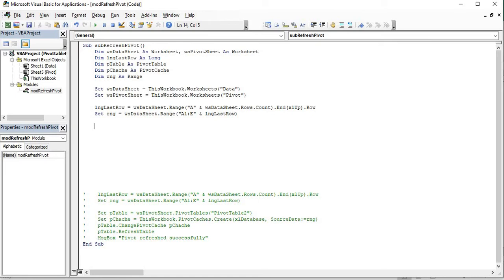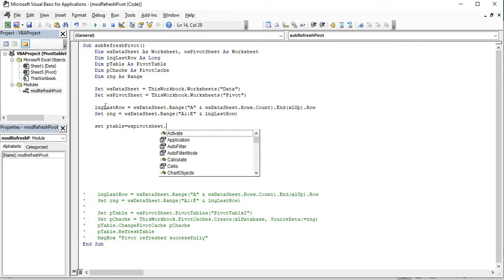Then we need to set the reference for the pivot table object. For this I'll use the keyword Set, the pivot table variable name is equal to the pivot sheet name dot PivotTables.